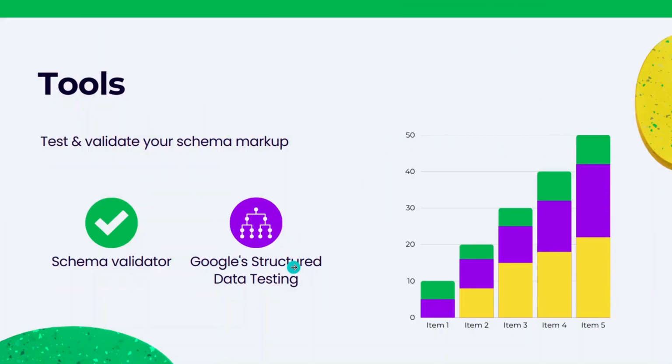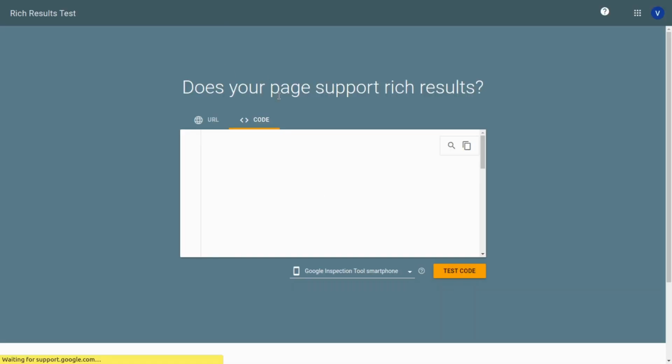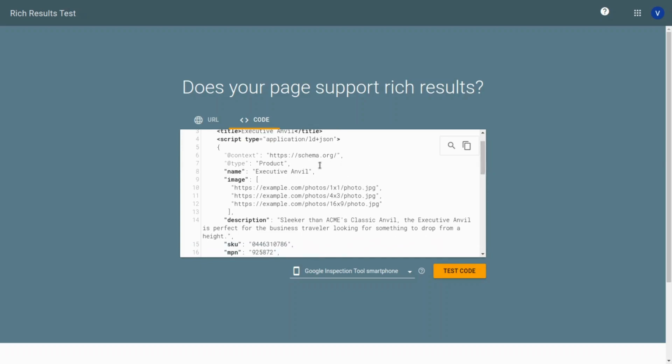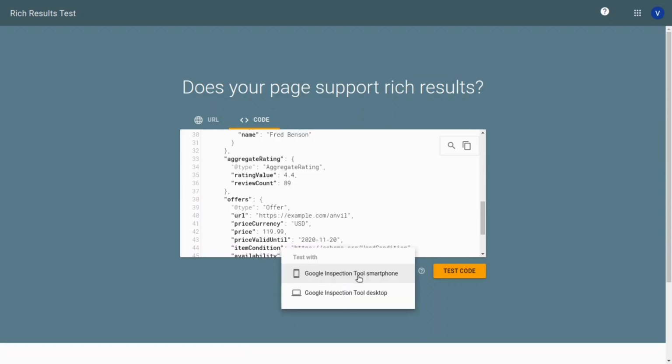Then comes the Google structured data testing tool. We have taken the example of that previous one only. Here you can see this is the schema of that product. You can test it with smartphone and desktop as well.